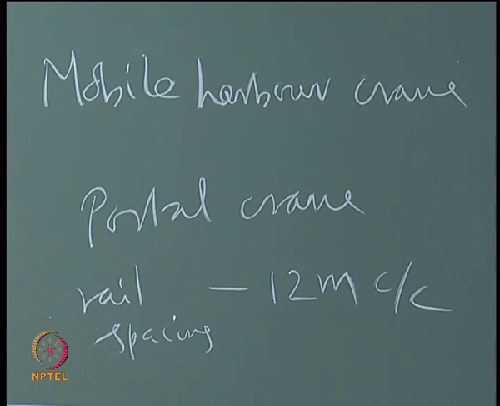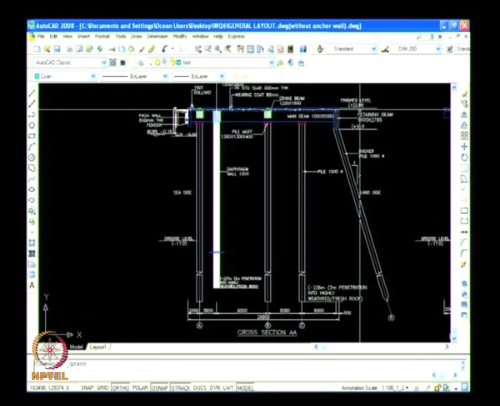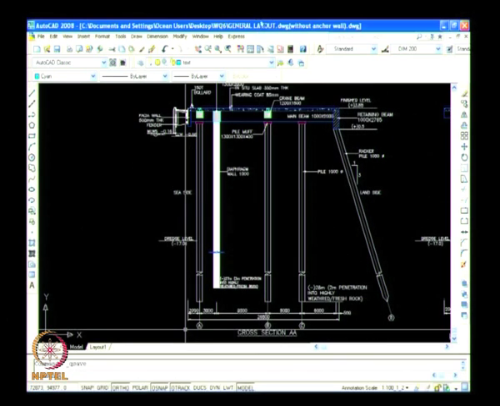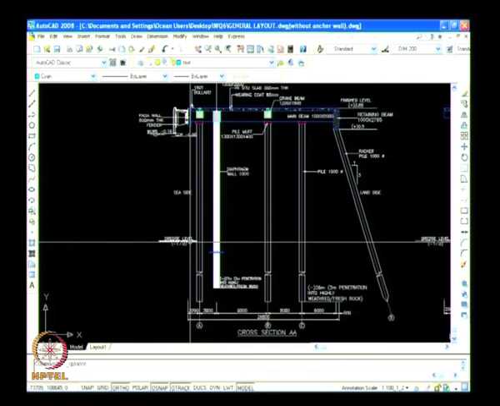Now, we will see the layout. First we have to fix the top level. Top level is fixed as 3.85. That depends on the high water level and all. Natural ground level is +3, but we want to keep this level as 3.85. The dredge level for design purpose we want to take as -17. In the second phase 16.1 meter is the dredge level, but we are increasing it because there will be some more dredge allowance and